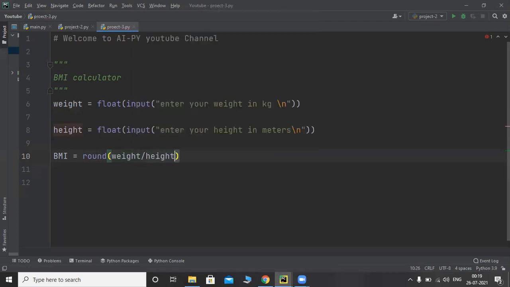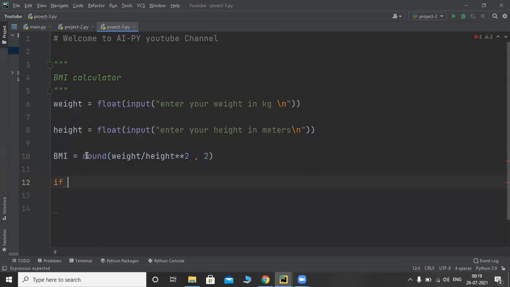The formula will be like this. Now we need to decide, based on the BMI, whether you are underweight, normal weight, overweight, obese or clinically obese. So for that we will write if conditions.